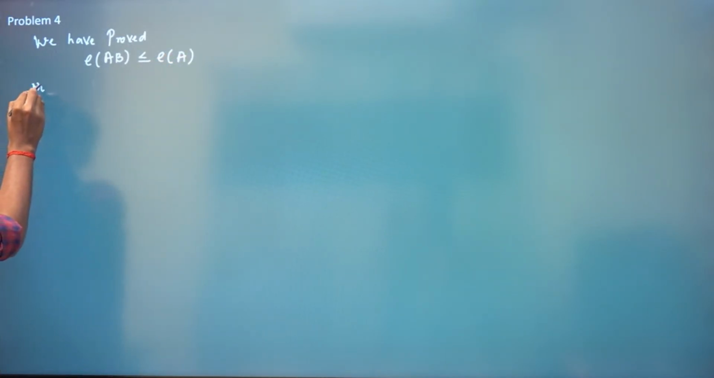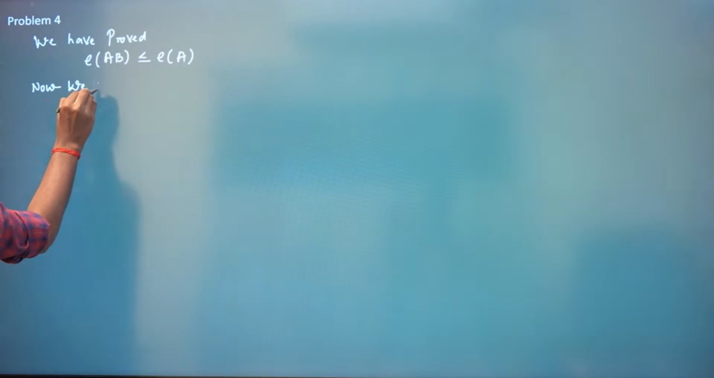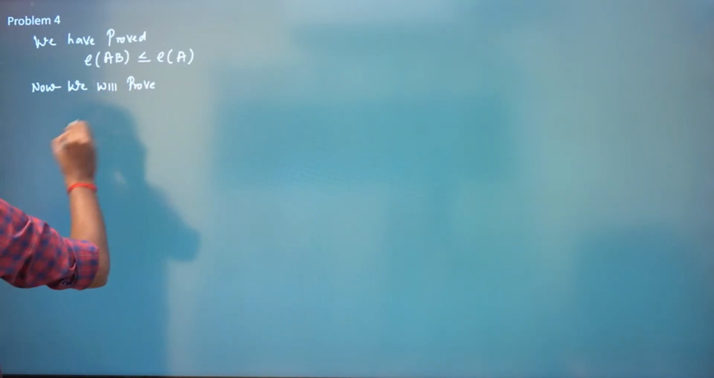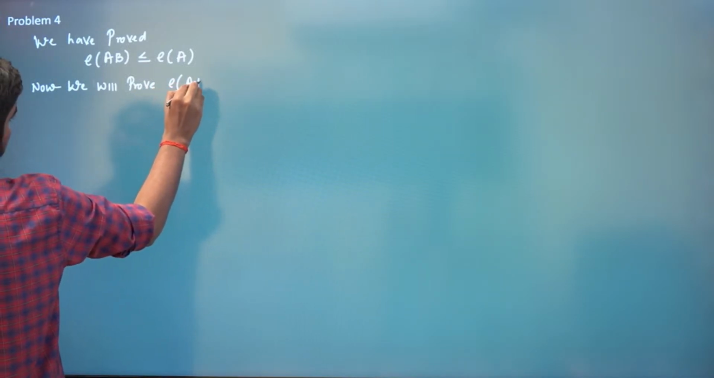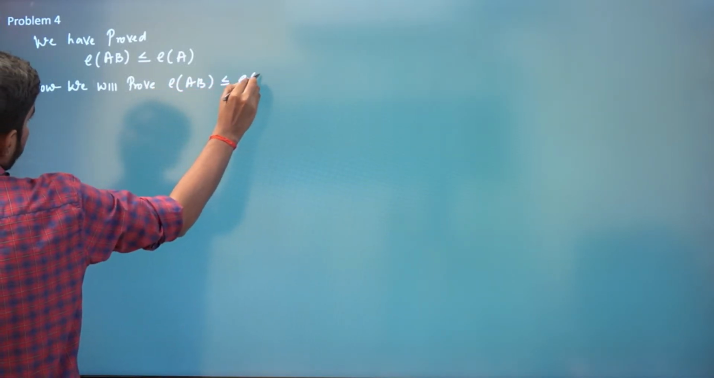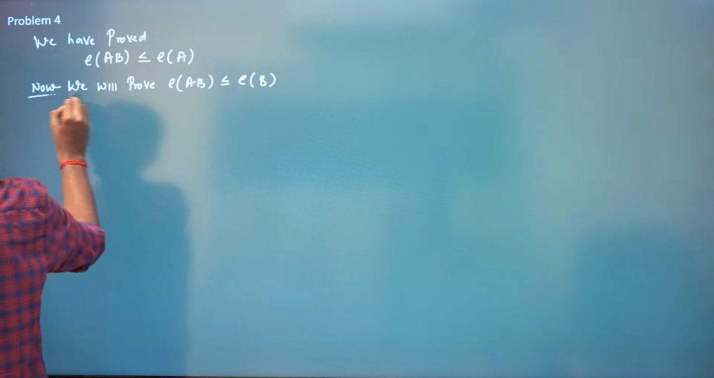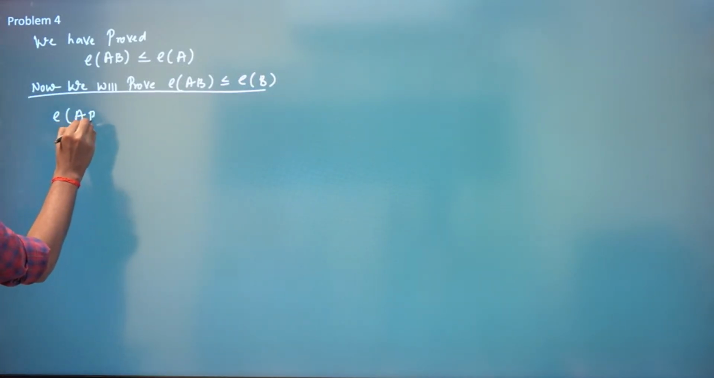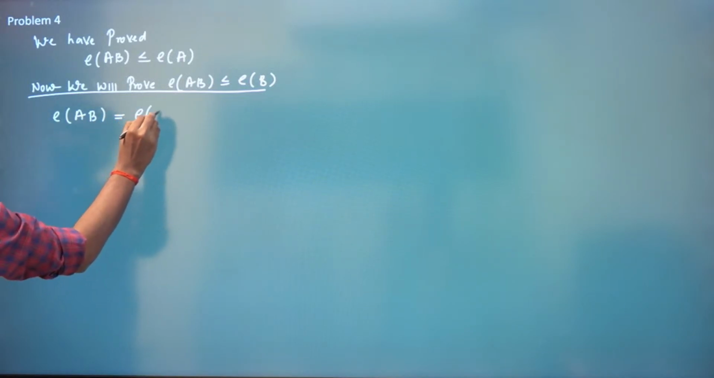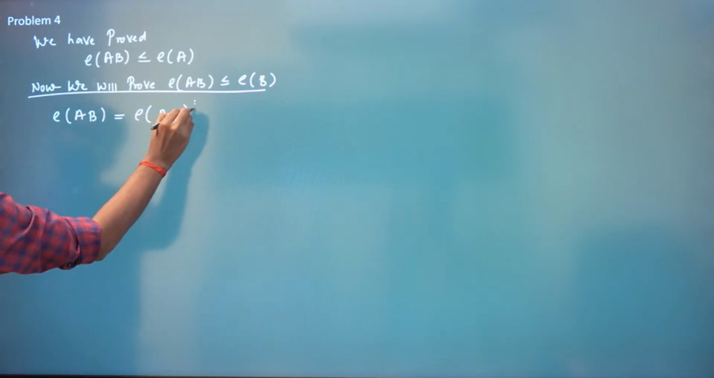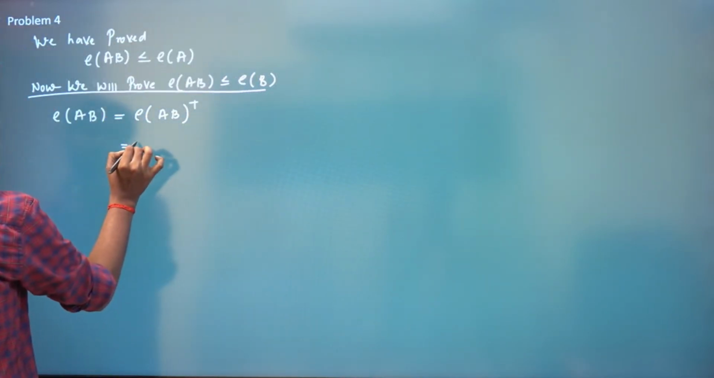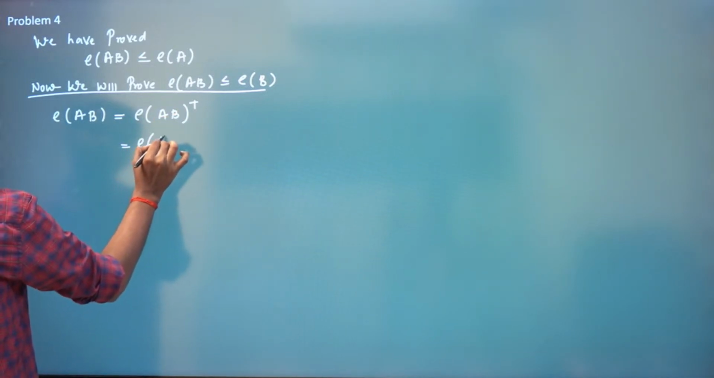Now we will prove that rank of AB is always less than or equal to rank of B. We know that rank of A is the same as rank of A transpose. So rank of AB is the same as rank of AB transpose, which is